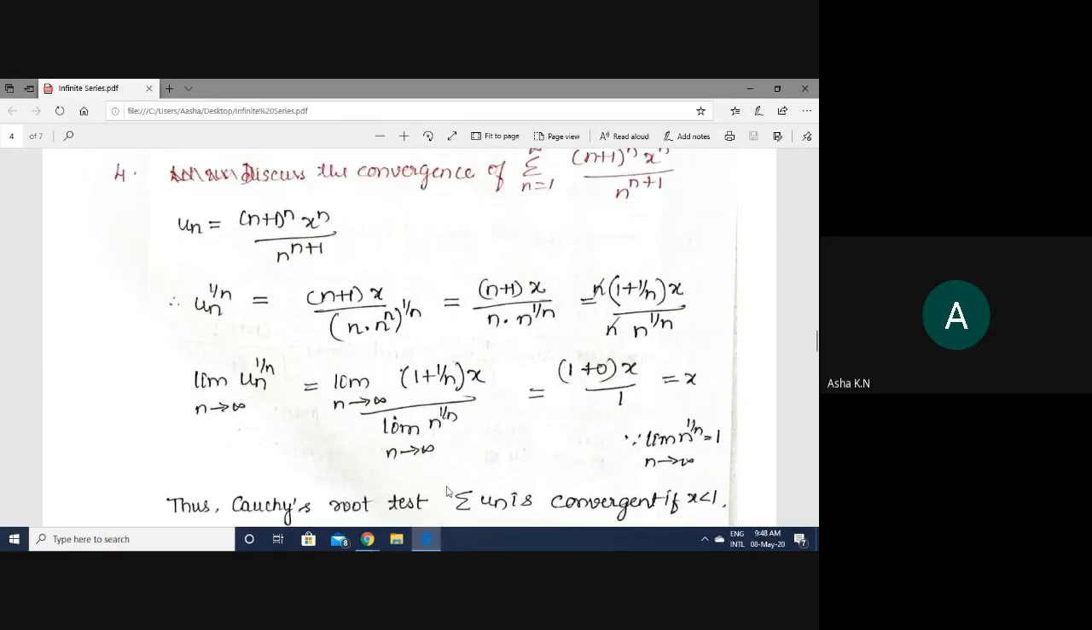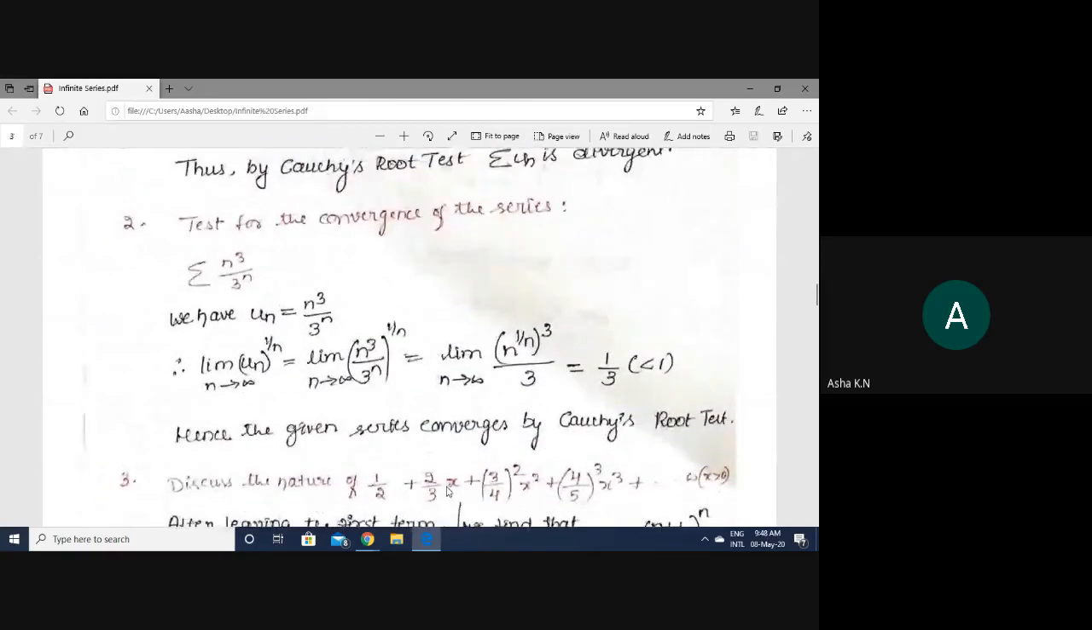And the previous one, the third one. Here also, actually we ignore the first term. See, this is the series. We ignore the first term here. After leaving the first term, you have 2 by 3 into x as your first term. First term you have 2, second term you have 3, third term is 4. Nth term is